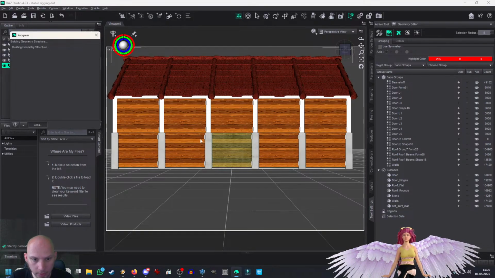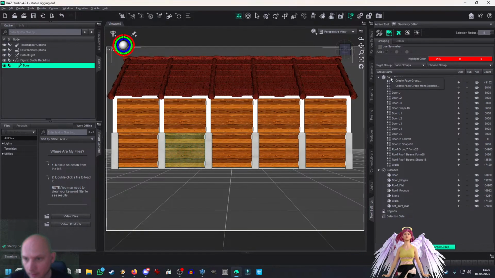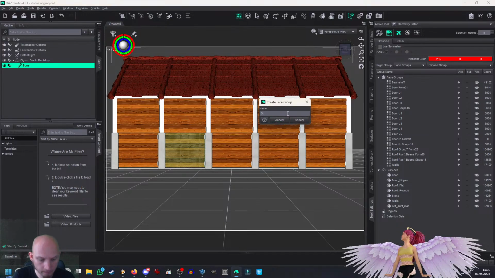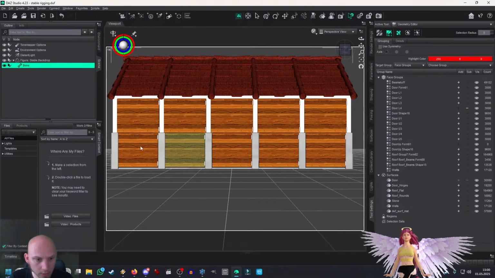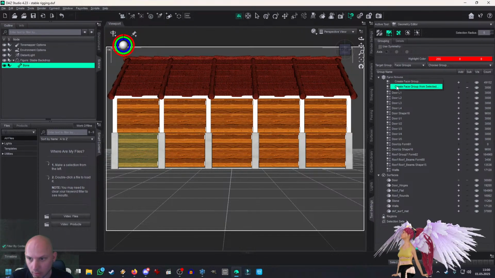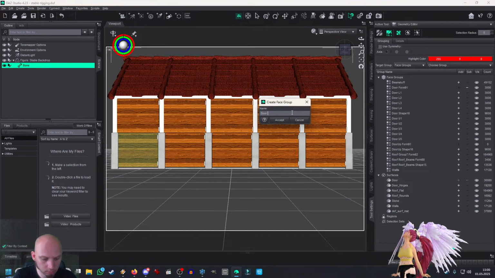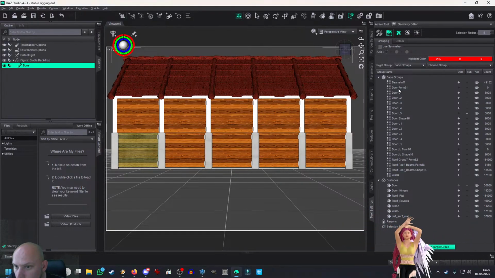Door lower 3 and door lower 4 and door lower 5. Accept. Okay, we can now